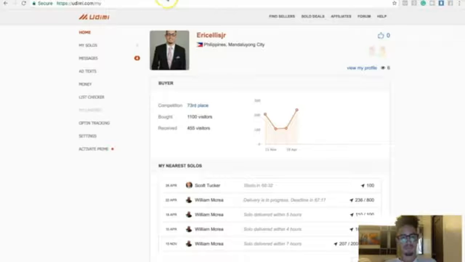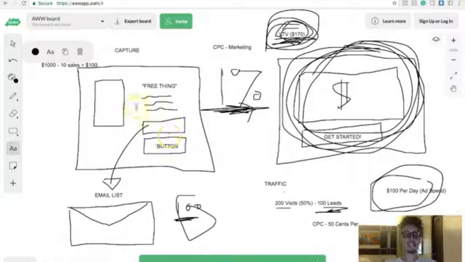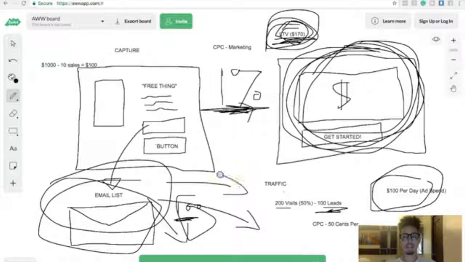But basically, with that being said, guys, what I'm trying to explain is once you understand cost per click marketing, you're literally going to be able to build an email list for free, build a profitable email list, and then everything on the back end, right? If you notice right here, this email list, everything on the back end, you start to send different offers to different other offers, right? It's going to be pure profit.